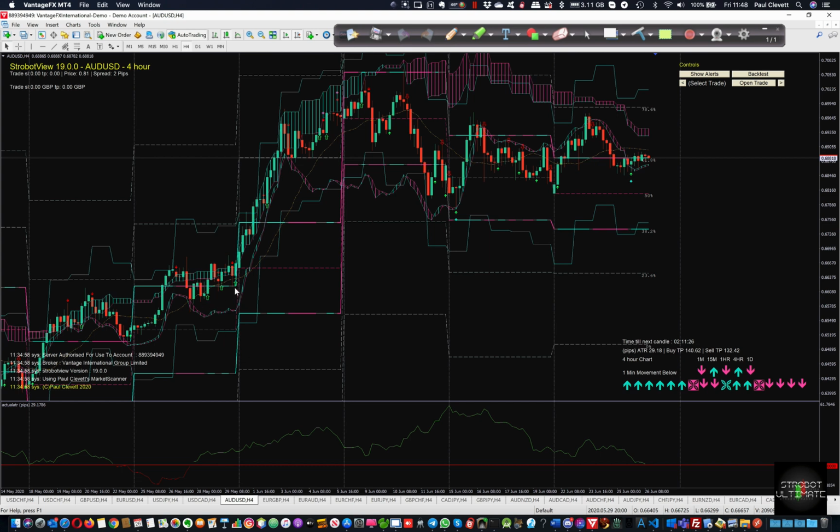Buy here, buy here, buy here, buy there, buy there. Oh, market change direction. Sell there, sell there, sell there. I hope you're interested in this. It's really cool. It only trades 6 times a day because it trades at the start of 4-hour candles. Okay, but it's really quite accurate now, and this is a really cool thing to happen, to actually find this